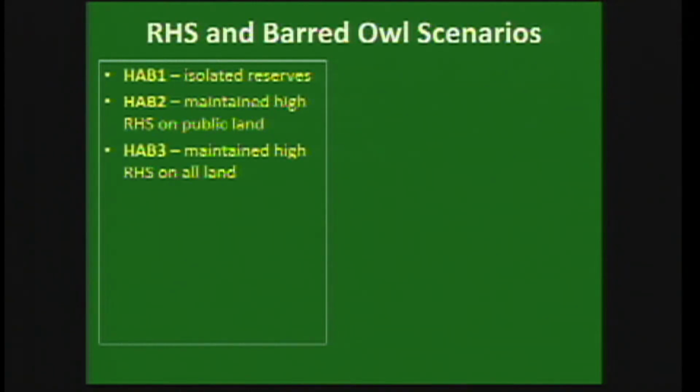And 3 maintained high habitat quality just about everywhere. And these sound really goofy without all the backup information, which is that habitat is never static. What we did in the modeling is we looked at the habitat change through 3 decade time periods at the pixel scale. So when we say we maintained high, we're basically saying habitat kept changing the way it did through time over